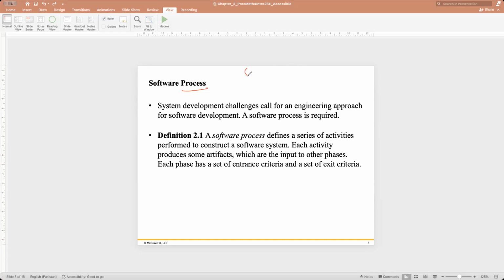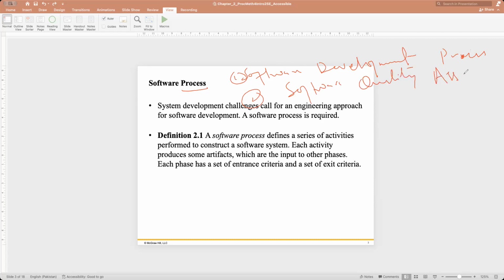So basically, there will be the software development process that we have to learn. It's one type of process. Then definitely software quality. So the software quality process, which is nowadays known as software quality assurance. That means how actually we assure that quality is achieved. The third one is software project management. So these are three things.